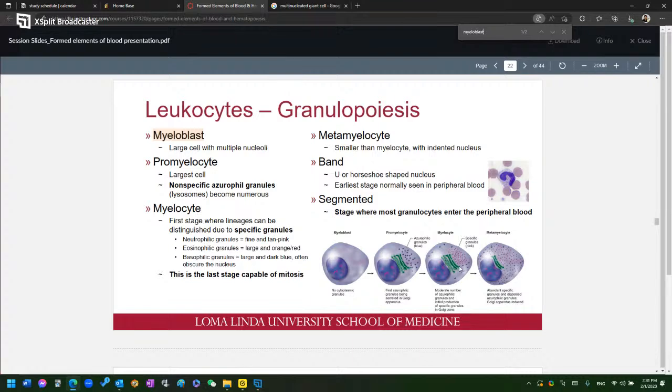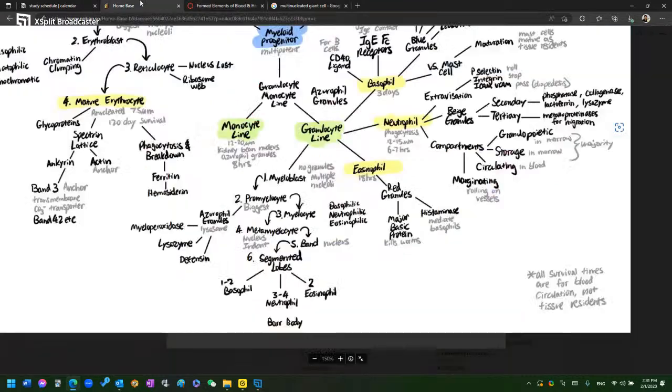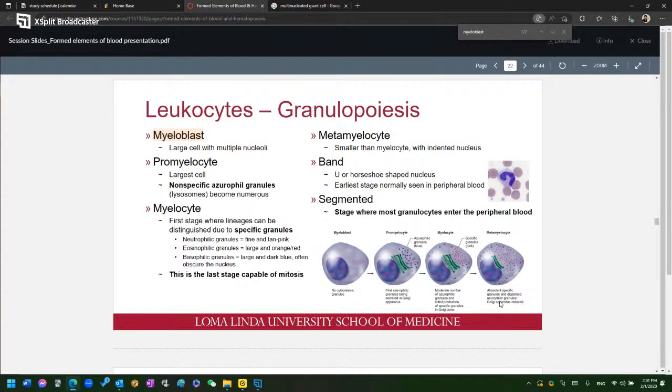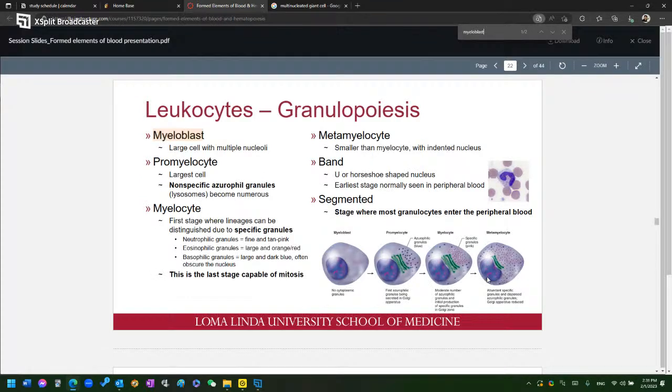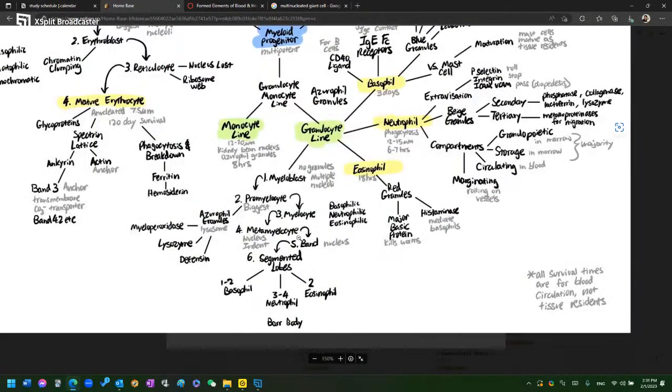Right here is when we start to get some specific granules, right? And then we go to metamyelocyte, when we have a lot of our specific granules, and a smaller Golgi apparatus, although that's not that important. The main thing that I think we need to think about for that is that the nucleus becomes more and more horseshoe shaped, less like a ball. And then that'll turn into a band granulocyte,